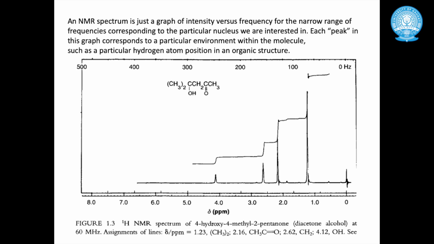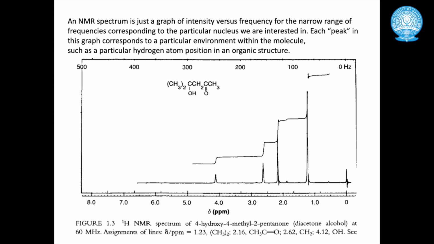If you see the chemical shift in ppm on the x-axis, you will see at 1.23 there is a methyl group, and at 2.16 there is an acetyl group, and